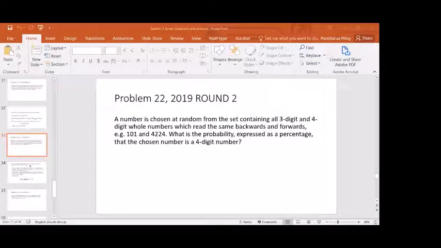So let's look at number 22. A number is chosen at random. Okay, so I'm going to assume you know what the question is. So you choose a set which has 3-digit numbers, and these 3-digit numbers read the same backwards and forwards. And you also have 4-digit numbers which read the same backwards and forwards. So you can start with